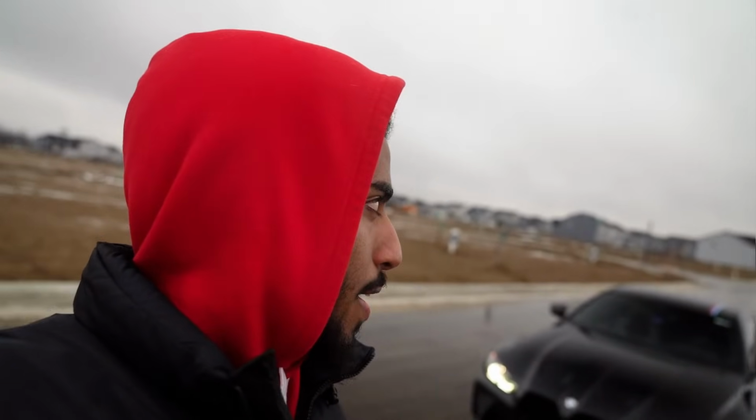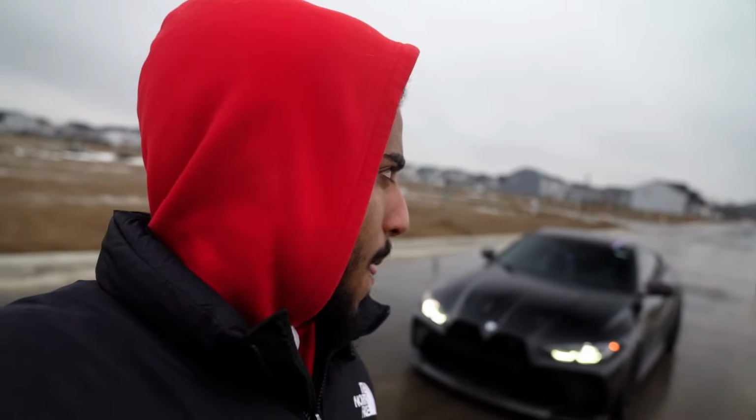So definitely buy the right car and the right spec at the right price. Don't overpay. Try not to get a car brand new, because usually when you buy one of these cars brand new, you're gonna take a big hit on depreciation. And on this car specifically, I am pretty sure I'm gonna lose money when it comes time to sell it, but I'm fine with that. It's not like the end of the world for me, because I'm hustling, and my other avenues to make money,